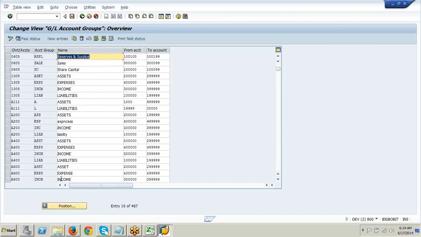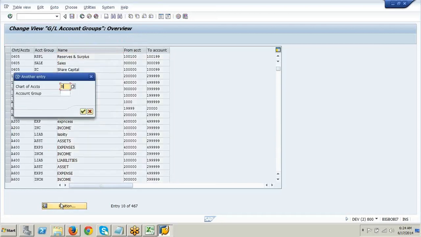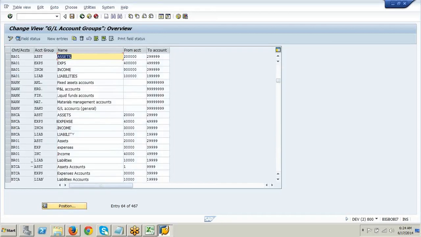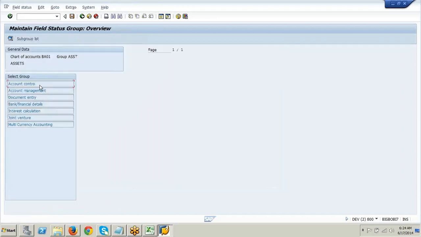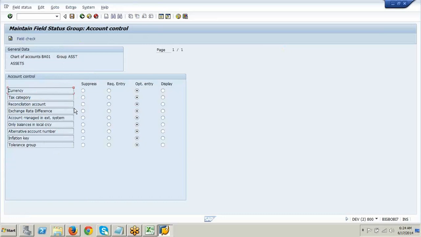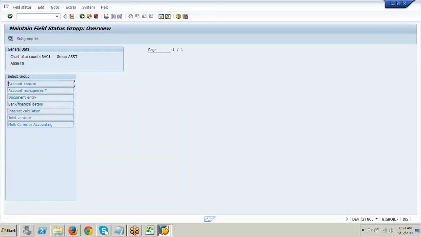Invoices. BA01. Can you see this is an asset, right? I'll select this. I'll click on this field status. I'll go to the account control. Where did we see this? Account control. Able to recollect something?